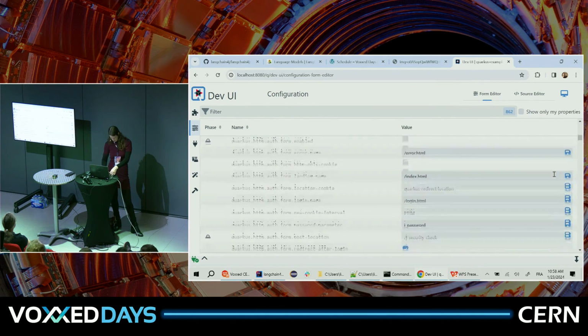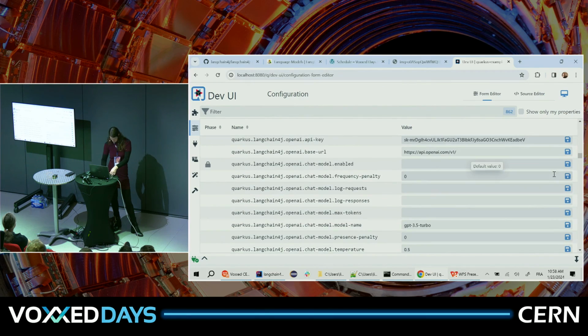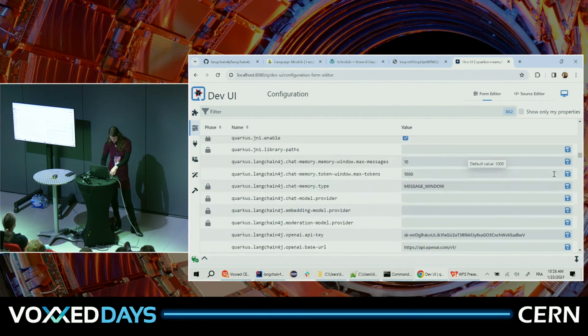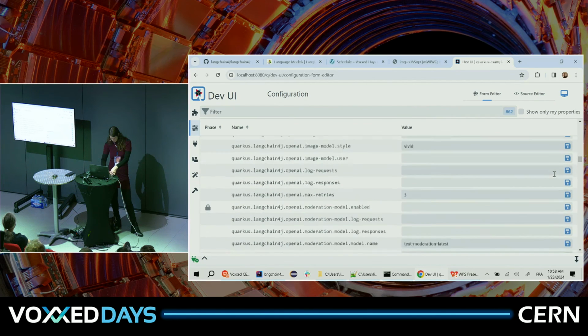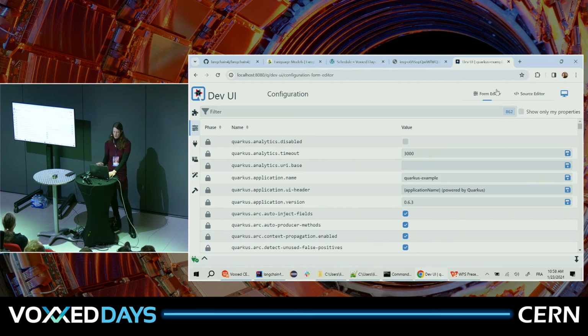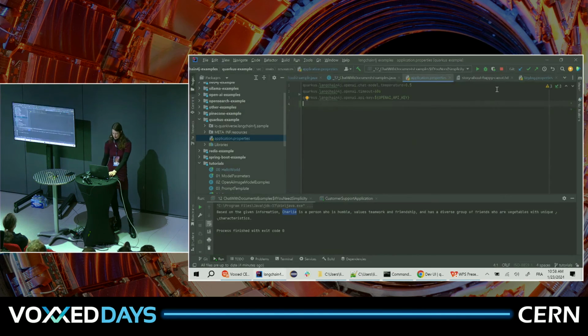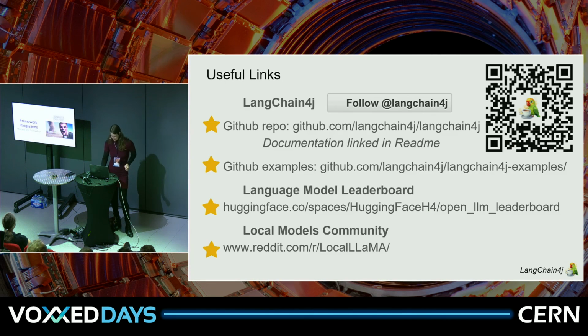And if we get to LangChain4j, lots of HTTP stuff. For example, we could set this logging. Here, if we want to log our requests, if we save it here, it's automatically changed in the program. So if we would continue chatting with it, we would get the logs. And also very nicely, it magically appears there. So that's pretty cool. Good.